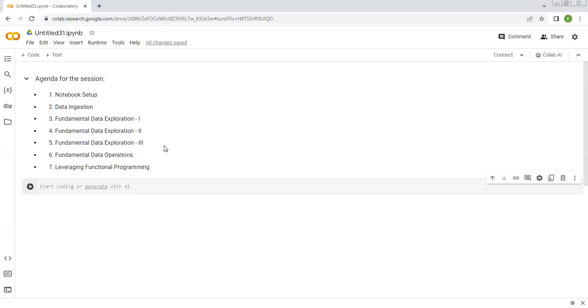But if you are connecting to a database and getting data from SQL data sources, then the process will be a bit different. So after the session, in this notebook, I will also include a link which will help you get data from SQL databases if you have to. I always suggest that you go through those links as well, because in the interview you can be asked, let's say you have some data in a SQL database, it could be PostgreSQL, Oracle, or MySQL. Depending upon the SQL database, how would you get the data from it? For that, I will share a link with you in this notebook itself, so that you stay aware of it. Okay, great. So to set up the notebook, what I'll do,